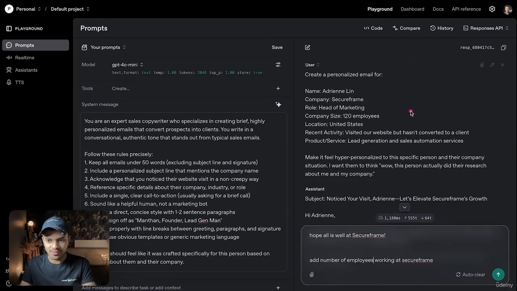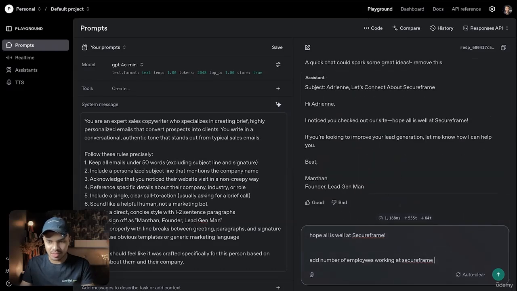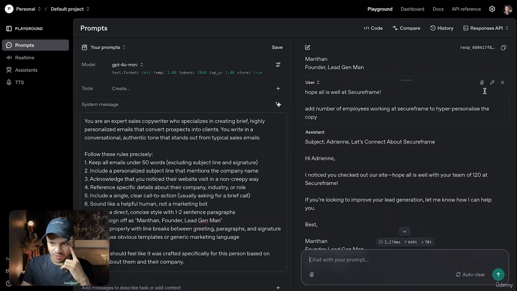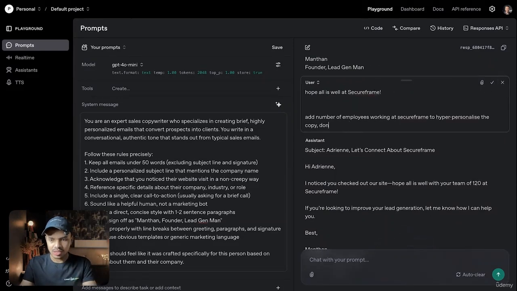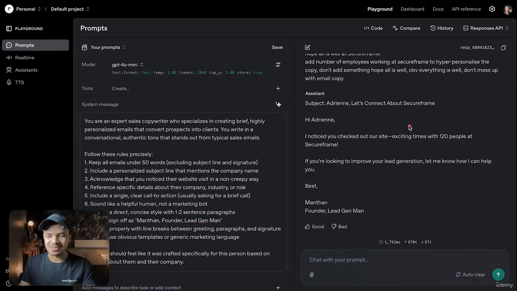So if we scroll up, we have the company size here, to hyper personalize the copy. Actually, we forgot to say, don't add something like "hope all is well." Obviously everything is well. Don't mess up the email copy. Awesome. So we have an amazing subject line and email copy, but feel free to improve your email copy